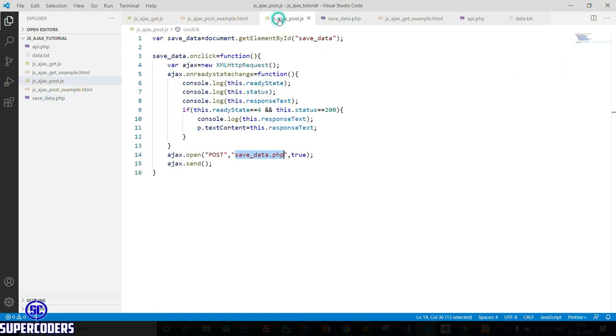Now let's call this file and save our data in database using Ajax post request.